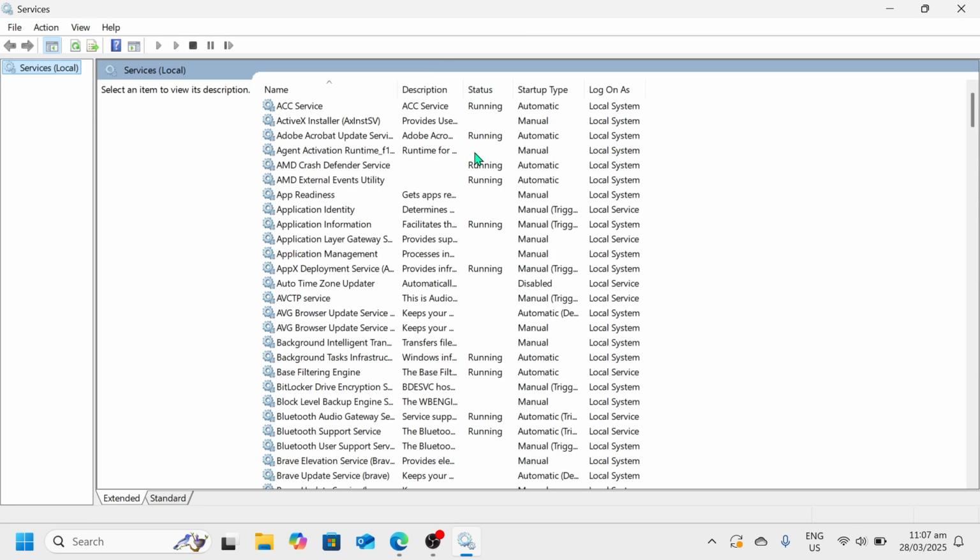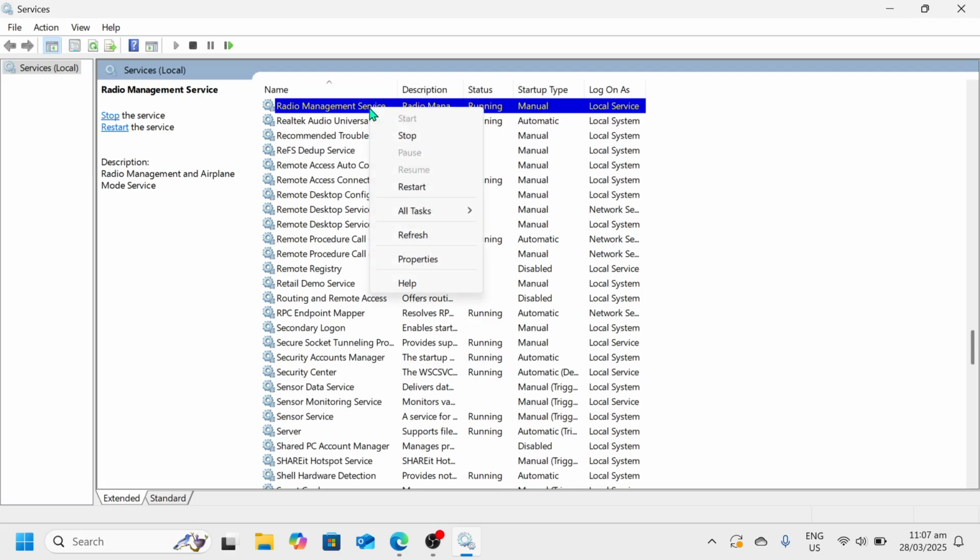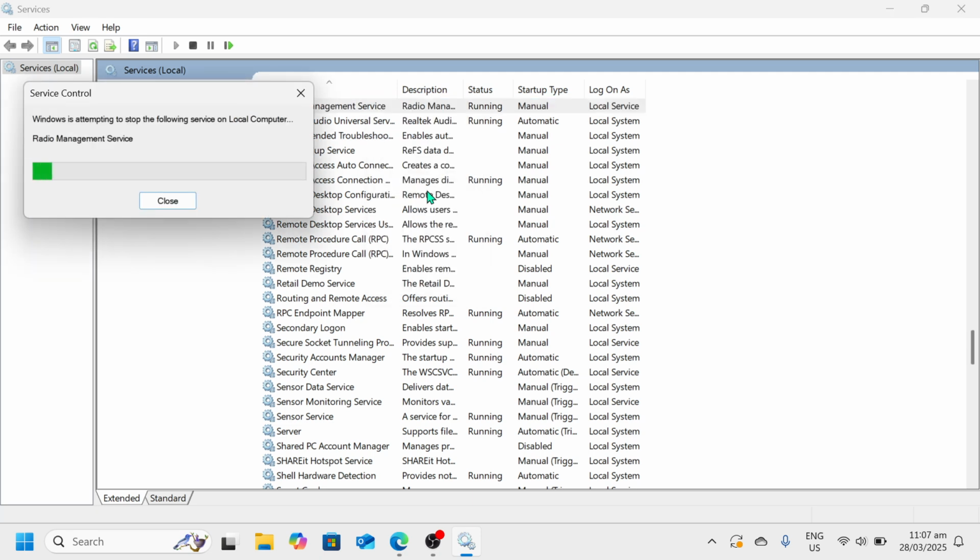Now once done, please click on OK or enter, and the services window will be up on our screen. All we need to do here is to look for radio management service, and we can do that by simply selecting one of the services here and then pressing R, so that we will be brought to the R section, and here we need to look for this one, radio management service. Now once found, please make a right click on it and then click on restart,